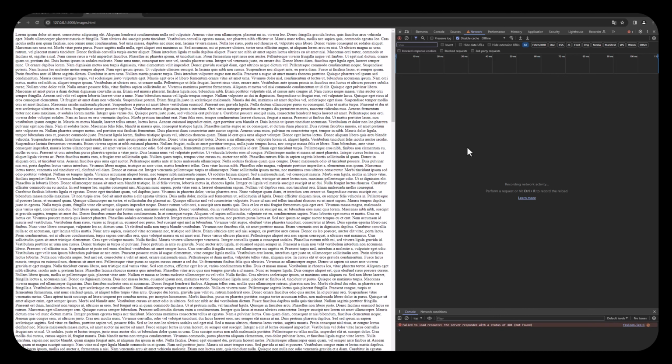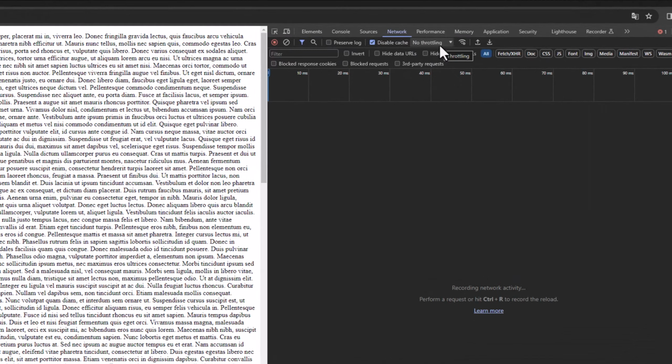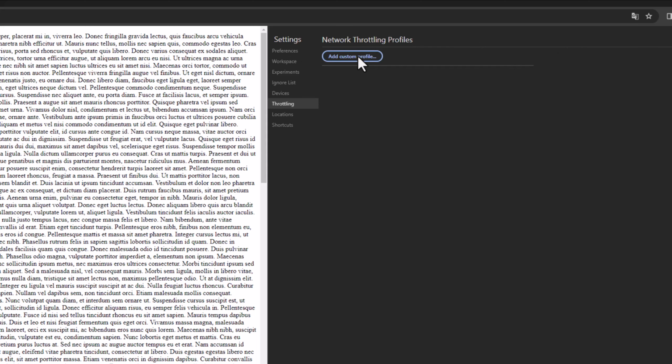And it also allows us to replicate the network conditions. So there is a drop down here that lets you simulate what kind of network conditions there are. So no throttling is the default, which basically takes full advantage of your current internet connection. But since we are trying to simulate a slow network, we are going to go to custom and add a custom profile. I'm going to rename it slow to crawl